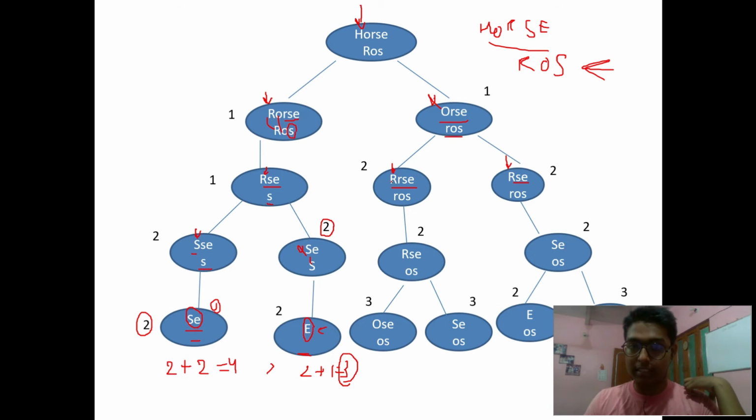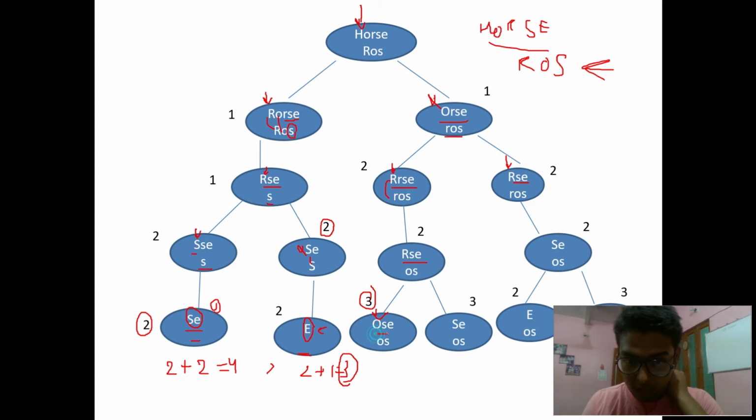So R matches R, and we are left with RSC only, and OS here. Since R isn't matching O, either I can replace or I can delete. Here I have replaced R with O, and here I have deleted. So replacing R with O will result in 3 characters,